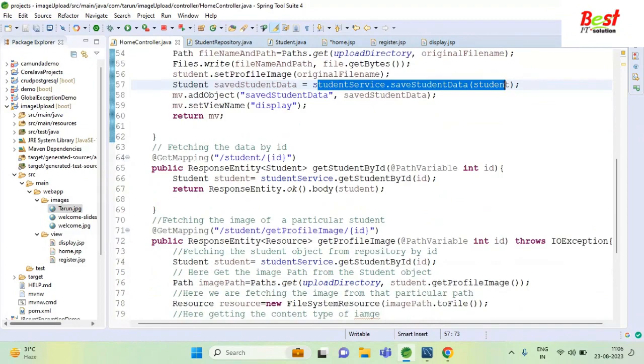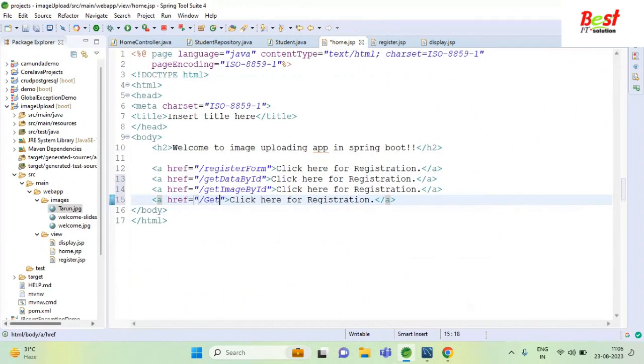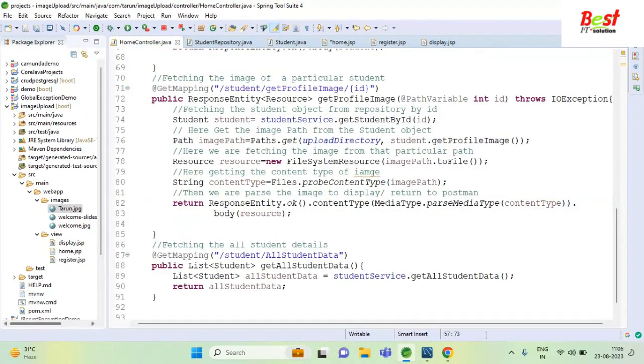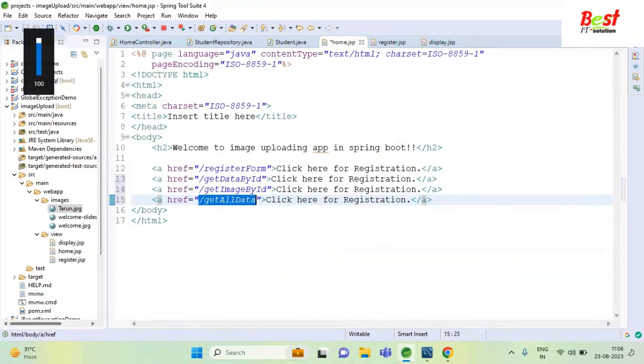This is id. We need to pass the id. Okay, so this is for get all data. For get all data, this is our list student, all data list. Okay, copy it and you can paste it directly here. Click here for get all data